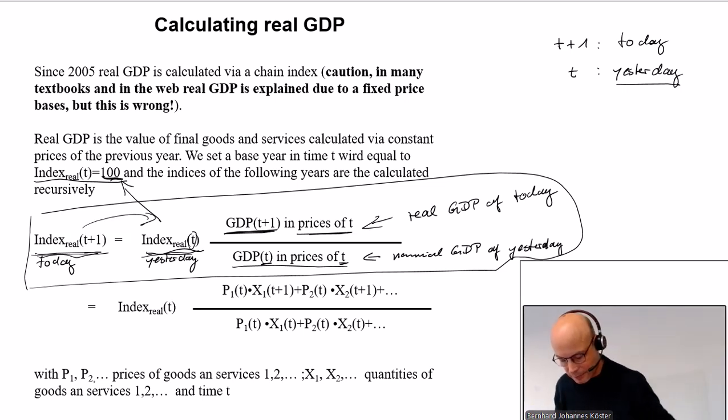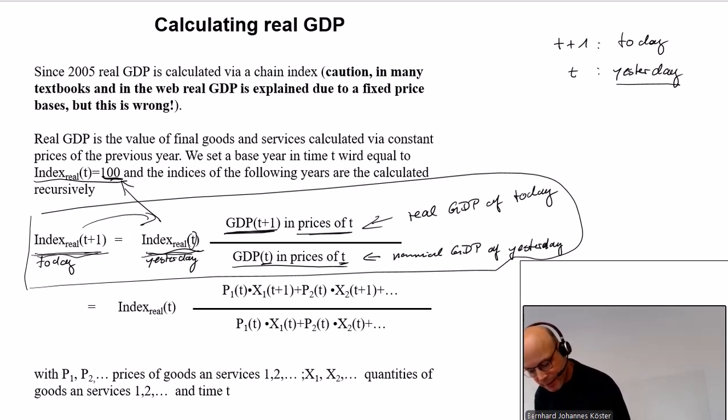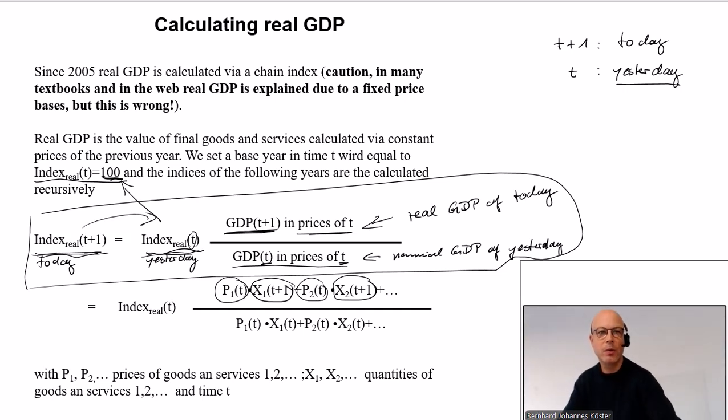Or when we take again prices and quantities, this means here quantities of today valued with its price one year or one period ago. This is just the definition. And how do we get then